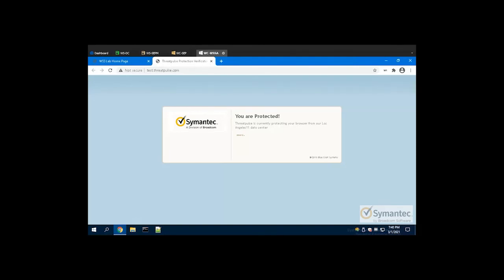And just note that obviously Blue Coat still shows up on this you protected page. Then we can click on the more. We can get a little bit more data, like the egress IP address, where we are connected into the security gateways. And this is for troubleshooting purposes. Also, we can change this test up here. We can remove that and make it pod.threatpulse.com. And this actually gives us that we're connected to Datapod 4 at the Los Angeles data center.